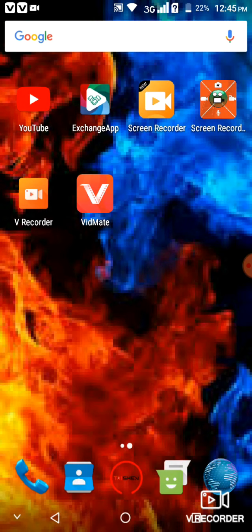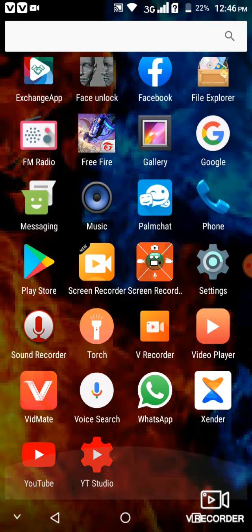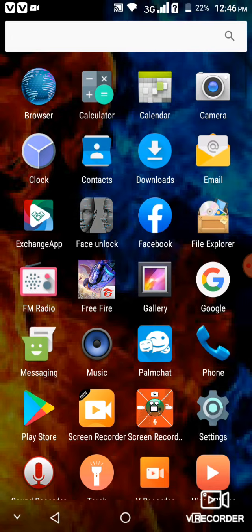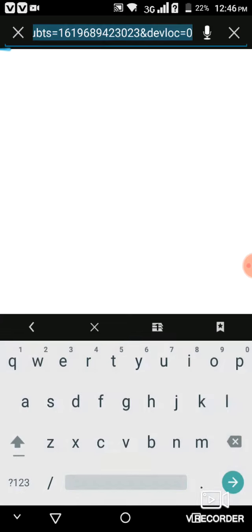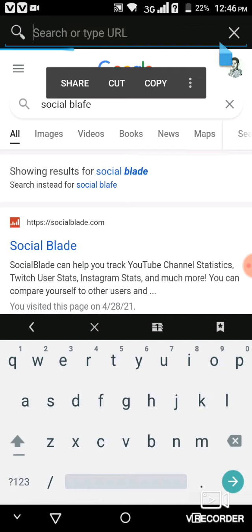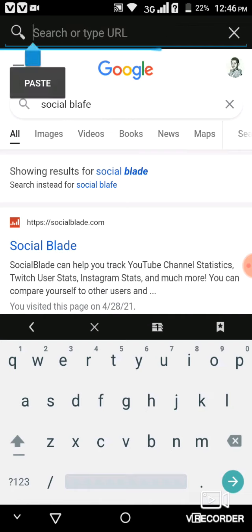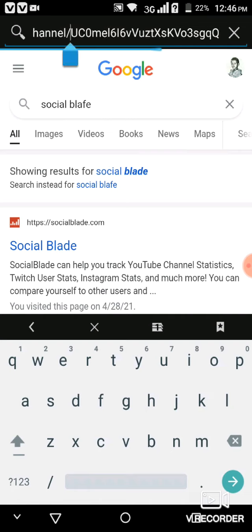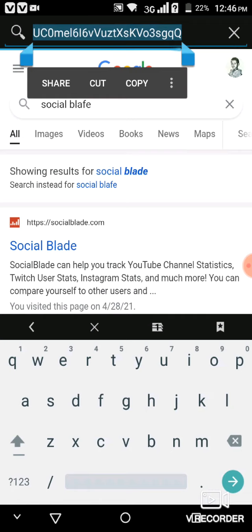After that, go out from YouTube and open any browser you want, or anything where you can paste that link, and cut out everything that's before you see DOMEL, and copy those letters and numbers,